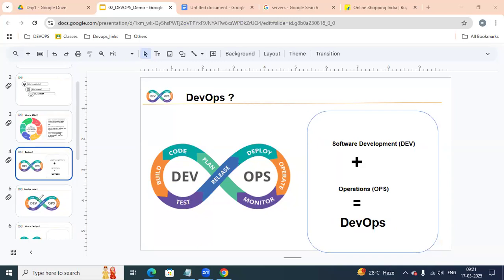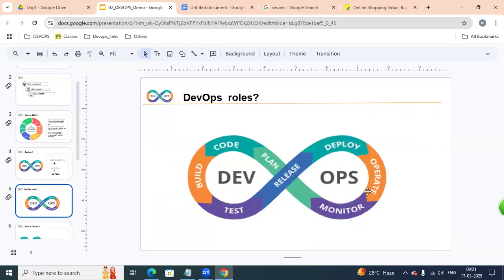As a DevOps engineer, from development environment to operation, we are going to implement an automated DevOps transparent pipeline.